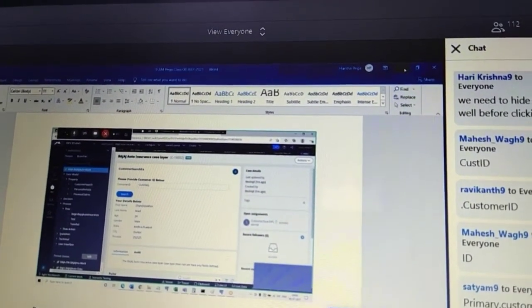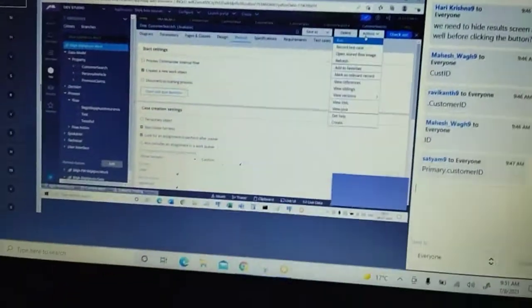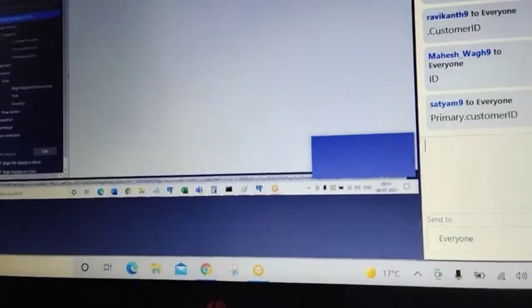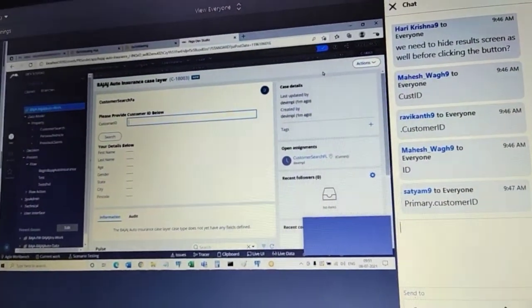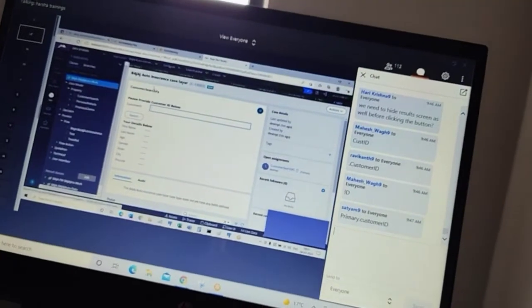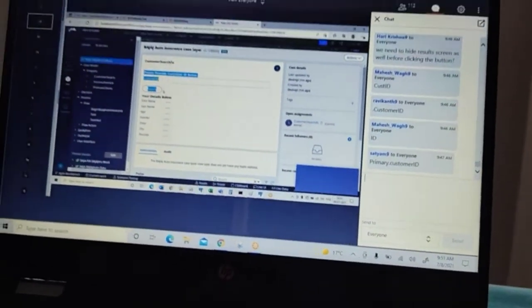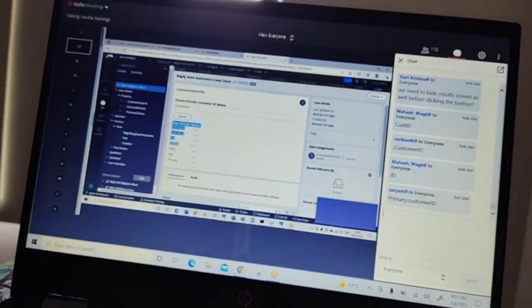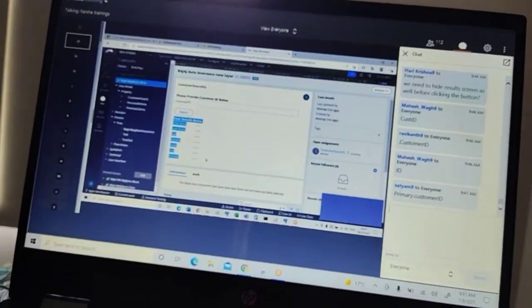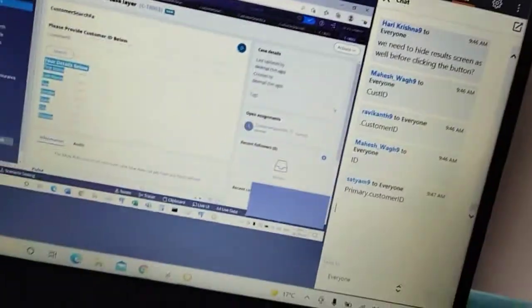You search for something which is there, it is displaying. Otherwise, see, in case, okay, let me explain you further what we need to do. So I have executed to get the customer search screen. When the screen is displayed, you are not getting buttons. That's okay. We have hidden all the buttons. See here. When the screen is loading, only customer ID field plus button should get loaded. But this should not be visible. On the initial load, the bottom one should not be visible. Only ID plus search. That's it.